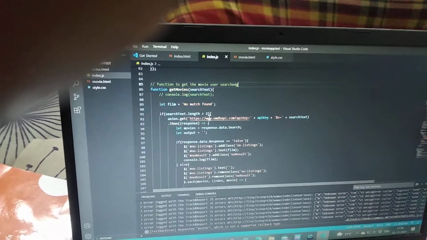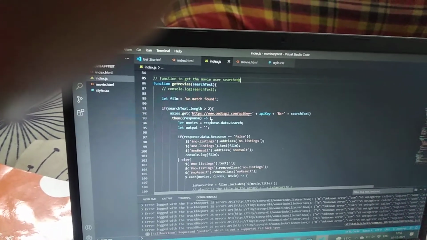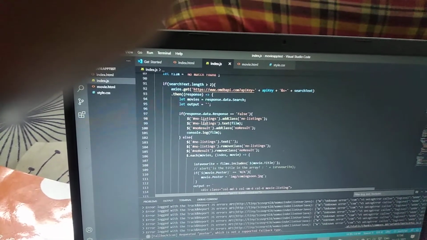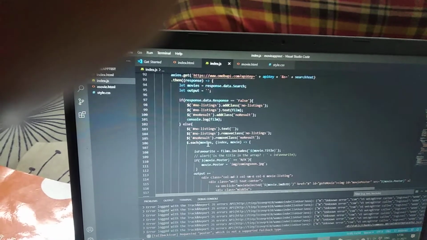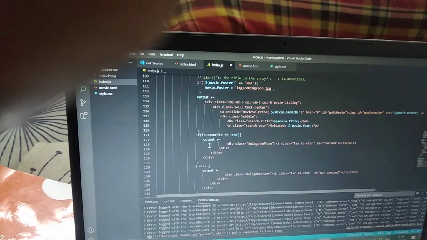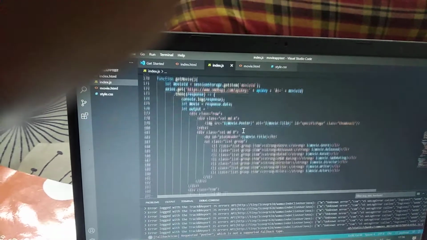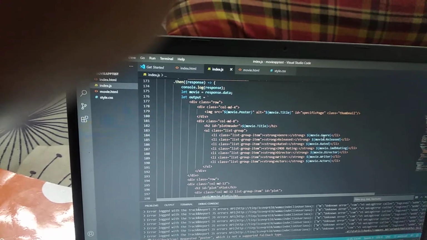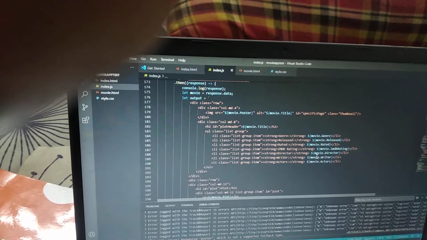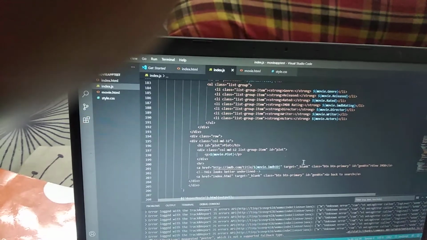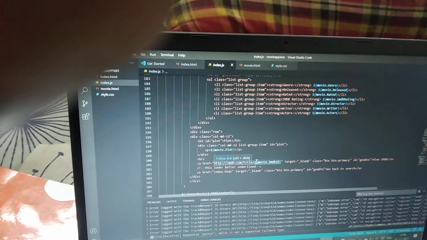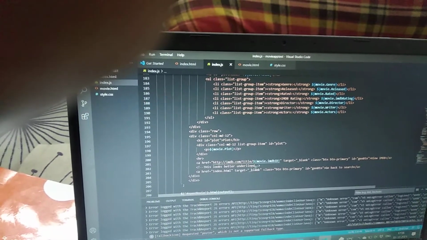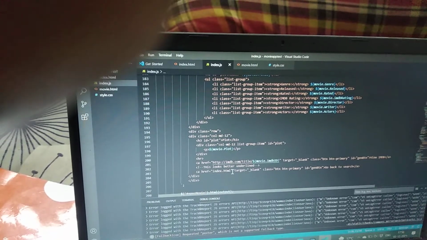This is my get movie function, in which if I have not found the movie, it will show me no match found, and for the movies I searched, this is how the suggestions will be shown. And this is how, when I click the movie, the details will be shown. It will show me the release date, its IMDb rating, its director, and actor in a listed manner. Another div will show me the plot of the movie, another div will have the view IMDb page link of that movie, and another will take me back to the index.html file.